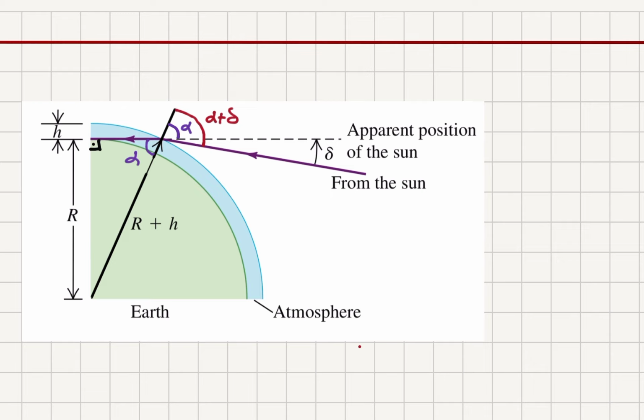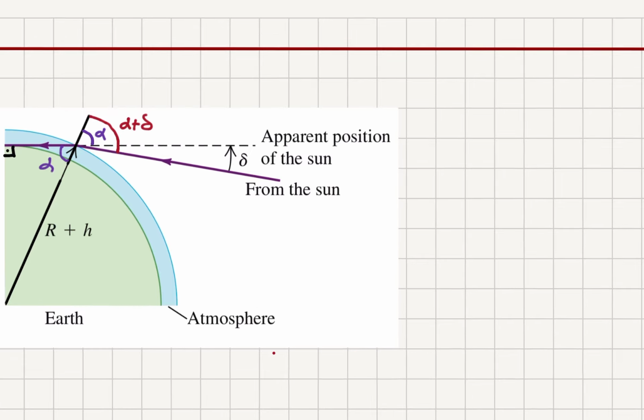So I draw the normal to the surface here, going from the center of the Earth to the atmosphere. Let's call this angle alpha and the deviation angle delta, so that this total angle becomes alpha plus delta. That's the angle the incident ray makes with the normal to the surface, alpha plus delta, and alpha is the angle with which it refracts. So if I use Snell's law at this interface,